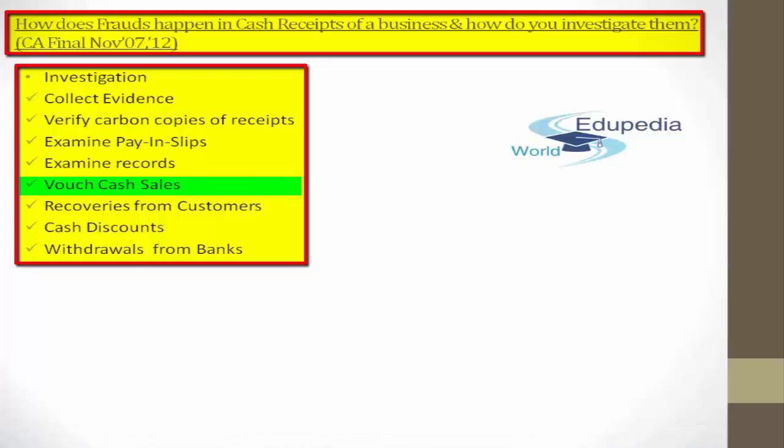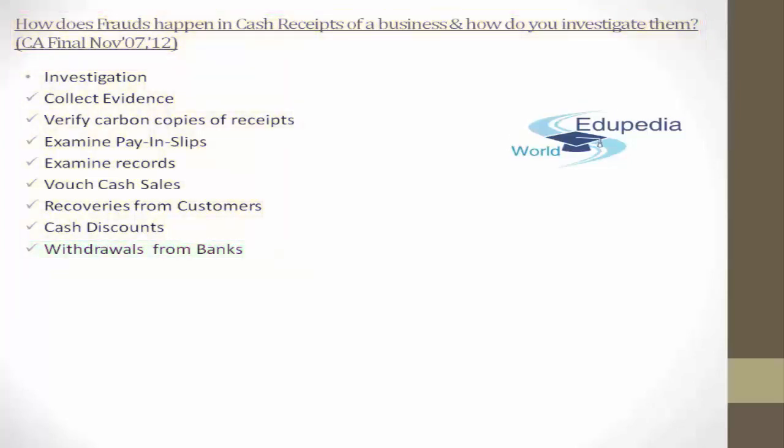Next, you need to check about the recovery from the customers, whether the customers are going to provide you the amount or not, about their sundry parties. Then you need to review the deduction which is made on account of cash discounts that I told you of. And finally, you need to check all the withdrawals from the banks by reference to the corresponding entries in the bank passbook. That is how you are going to investigate the matter. I'm sure that you guys got the complete clarity, and next time whenever you are visiting your auditing premise, you're going to check and take care of all these aspects while you cover your auditing.